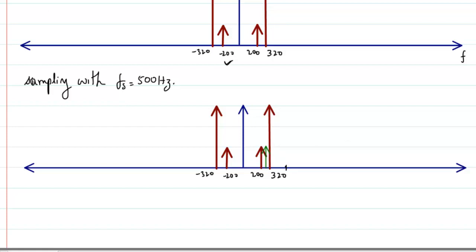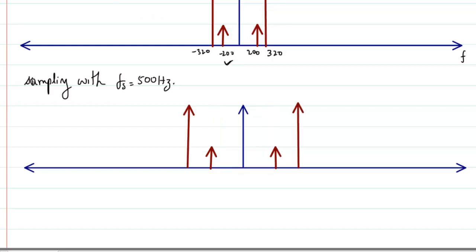Okay, now since it's going to be a little bit confusing, let me expand it a bit. So I have expanded this a bit. Let me write, this is 0, this is going to be 200, this is going to be 320, again this is going to be minus 200, and this is going to be minus 320, because that became very small. So I have expanded a bit, the image is a little bit bigger.